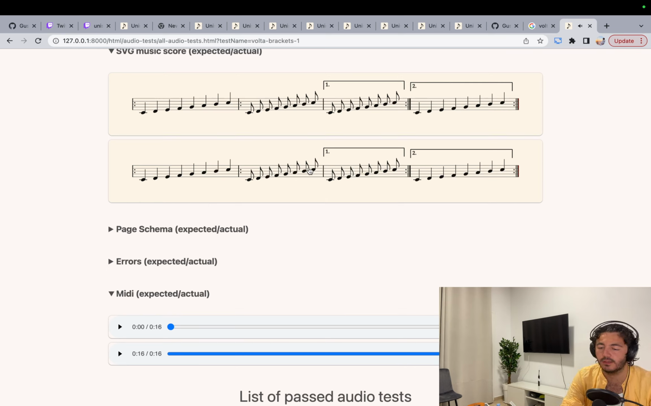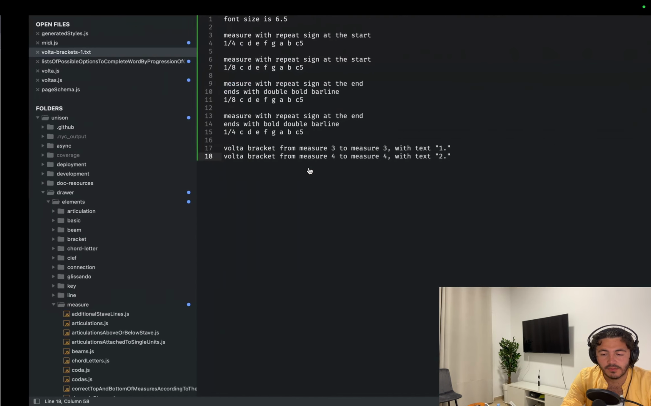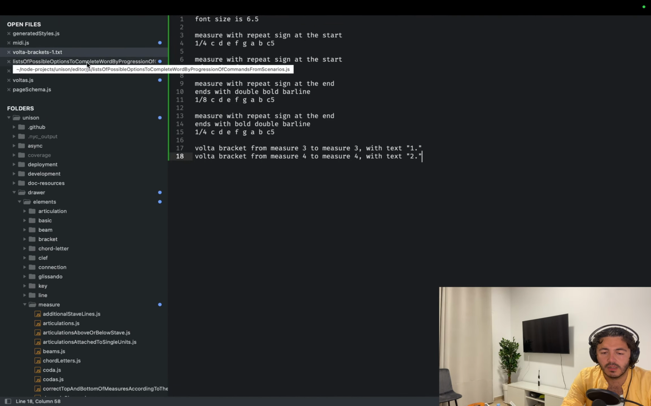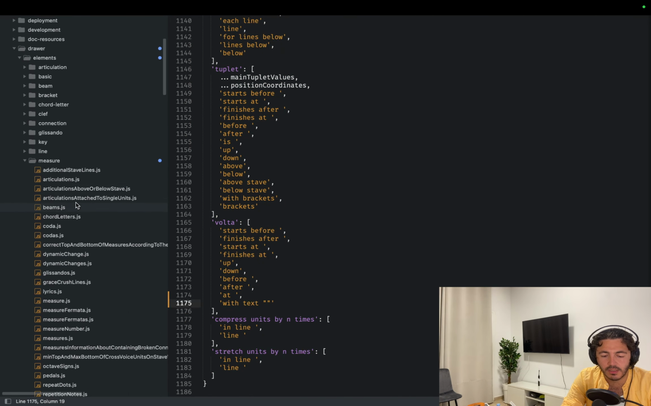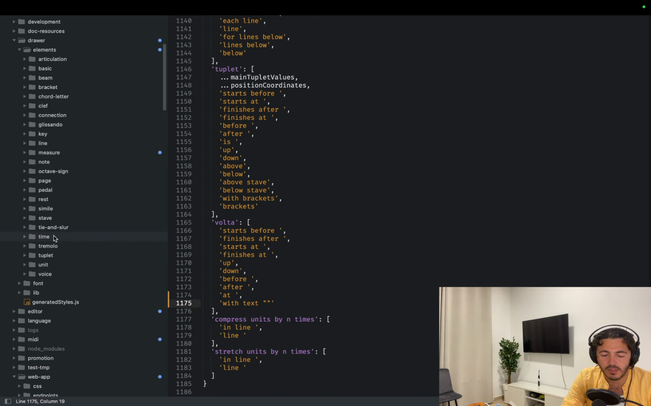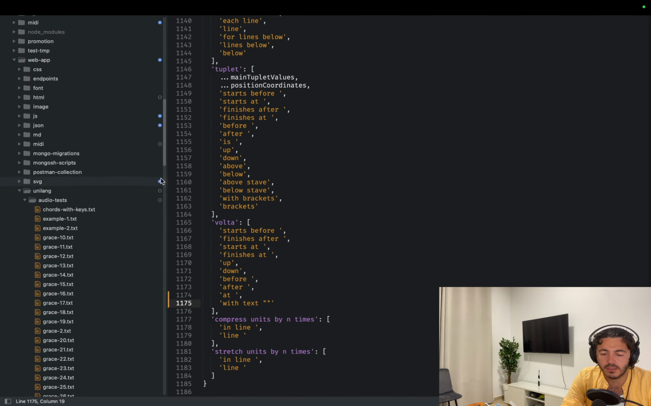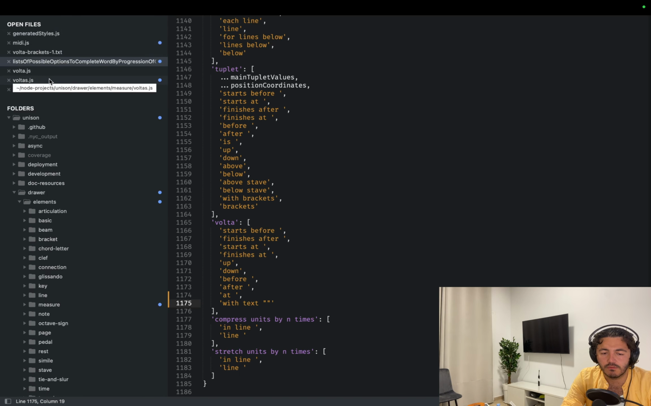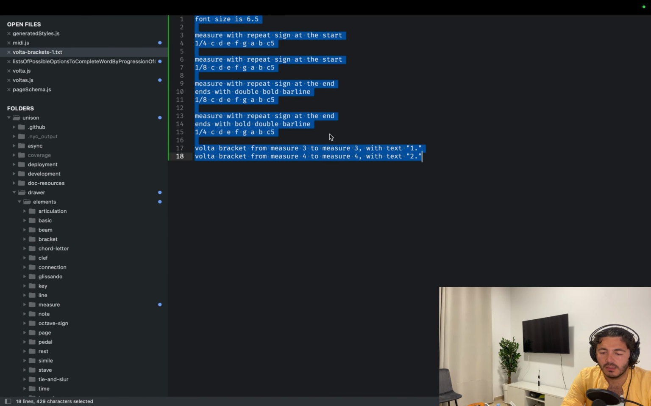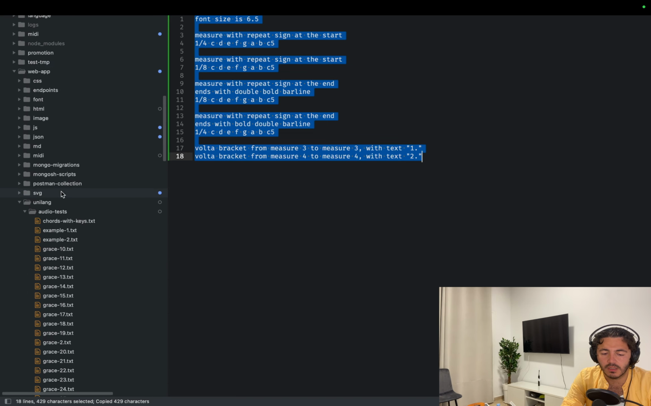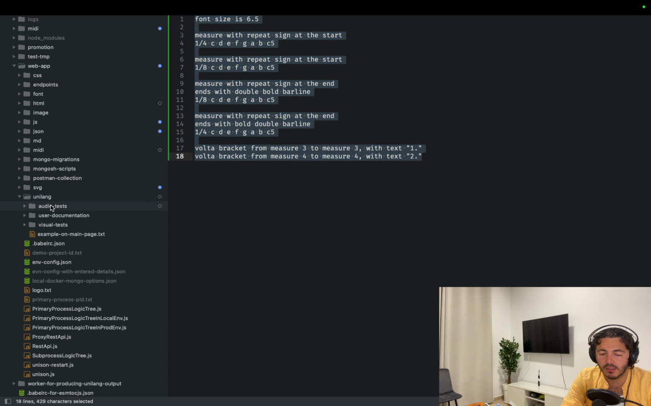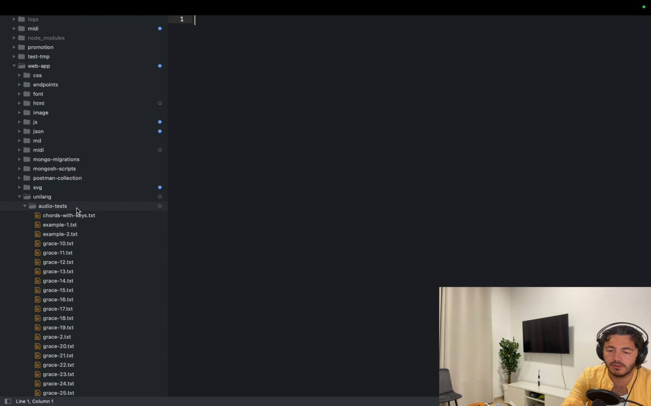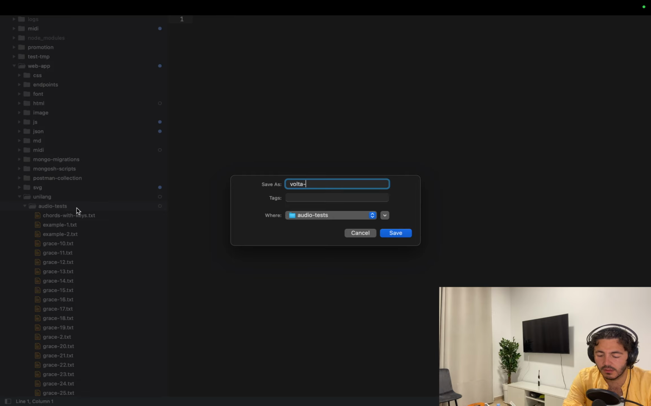Yeah, it works perfectly. Wow. The logic that I wrote initially works. That's awesome. I mean, that's really cool. Now let's go and put this thing. Yeah. Let's go and create Volta brackets 2.txt